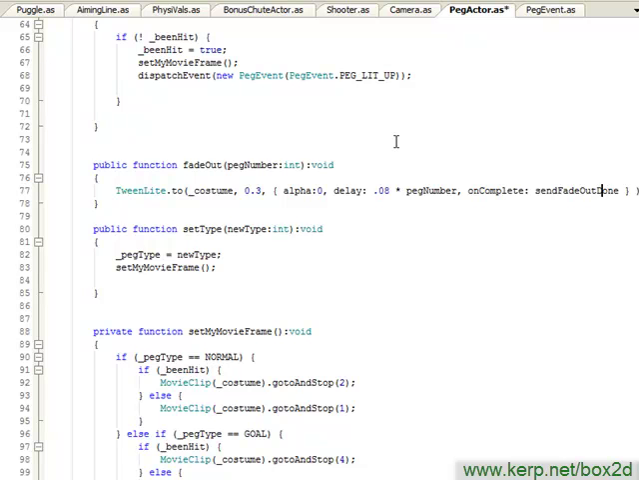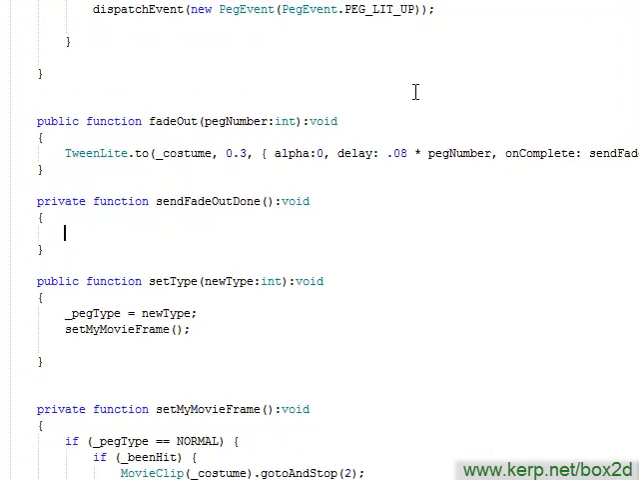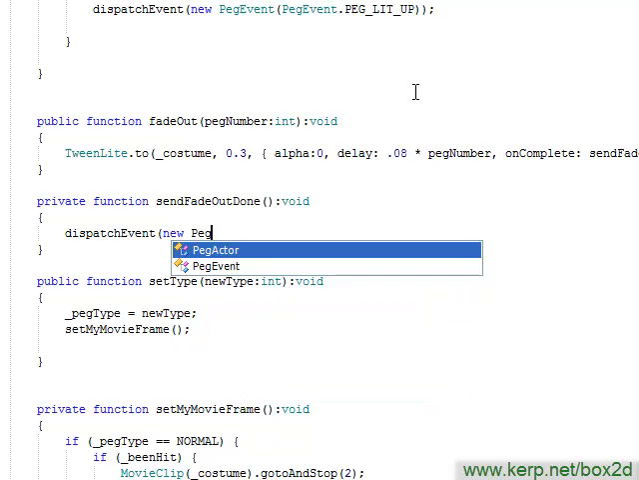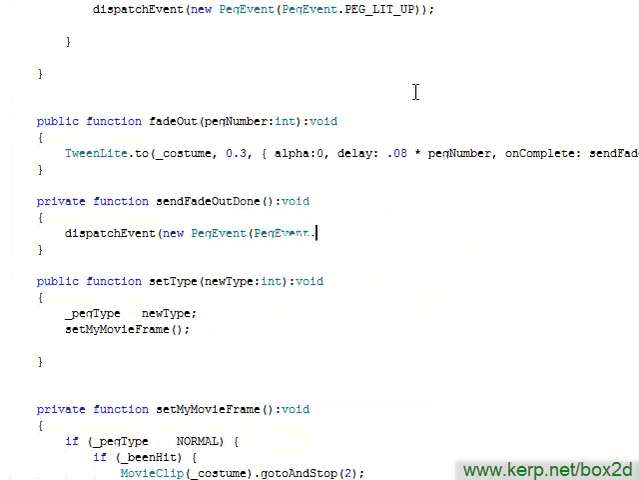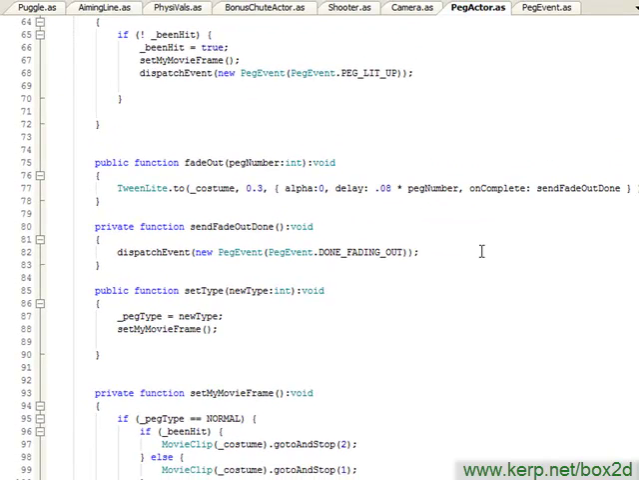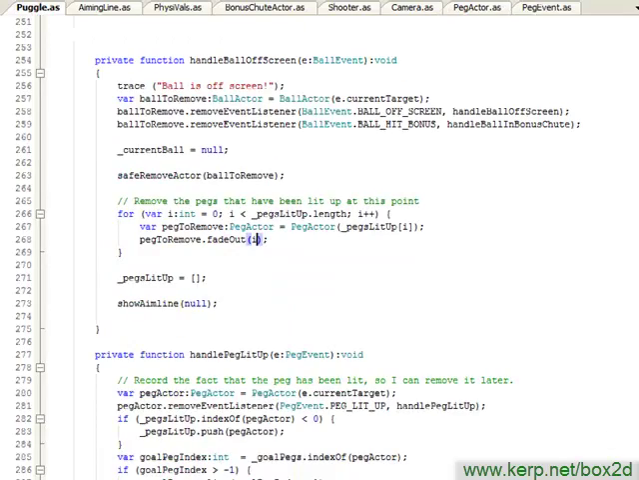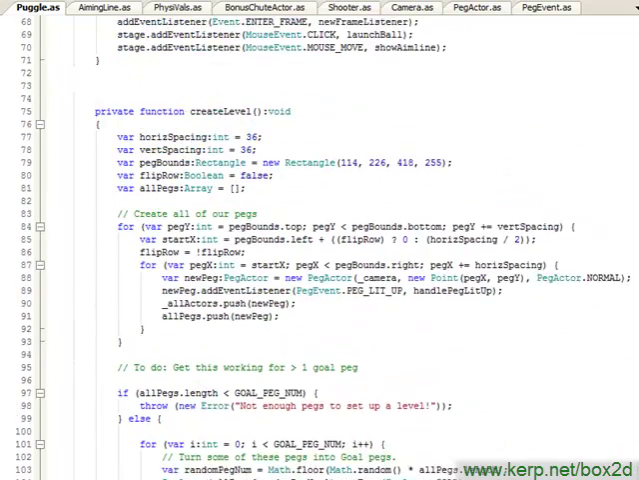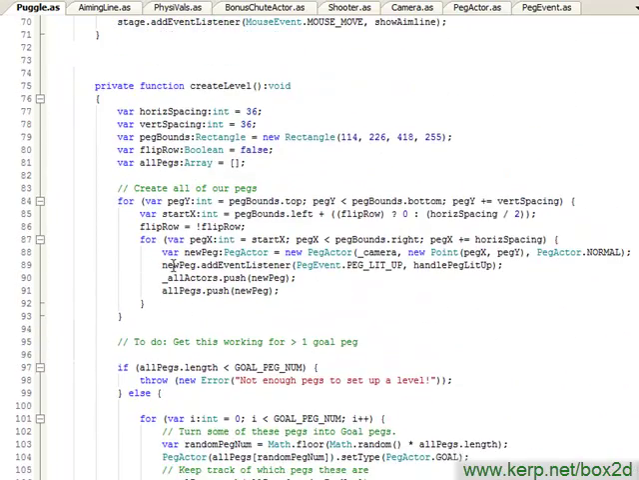Again, I can hit Control-Shift-1 and generate this function. And all I'm going to do here is dispatch an event. And it's going to be a new peg event of type peg event dot done fading out. And so now that I've dispatched the event, the other half of the equation is listening for this in my Puggle application. So I'm going to go back to Puggle, and I'm going to go up to basically my create level function